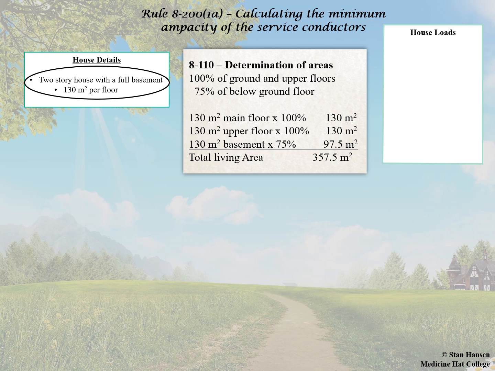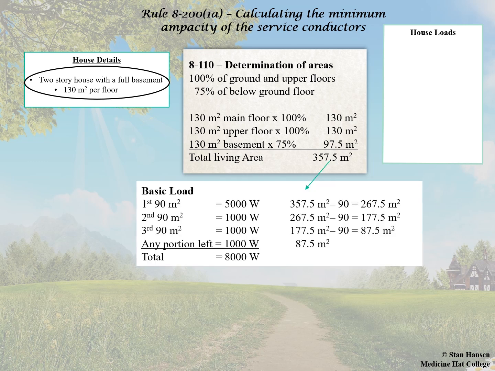This is the information that I need in order to move forward and use Rule 8200. Rule 8200 tells me that I need to break up that full living area that I've calculated into separate chunks and segments. And 8200 states that for the first 90 meters square, I give it a basic load of 5,000 watts. So no matter how big my house is, my service cannot be less than 5,000 watts, simply because this is going to accommodate all the lights and all the plugs that are just found generally throughout